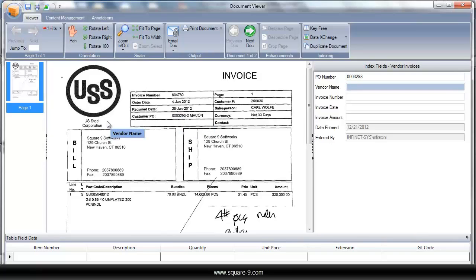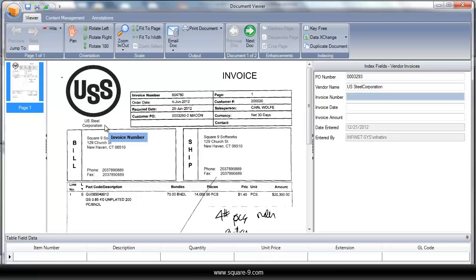In the case of the vendor name with multiple pieces of data and multiple lines, you'll see KeyFree recognizes each word or phrase separately. Using Shift, we can hold down and click each piece of information that we'd like to extract, populating that into our field. We could also click and drag on that information and create a selection box around the data that we'd like